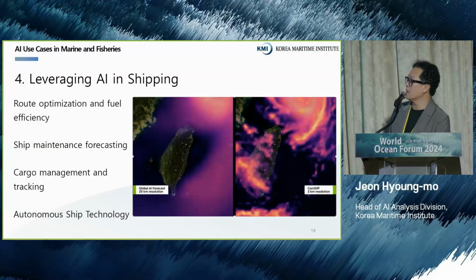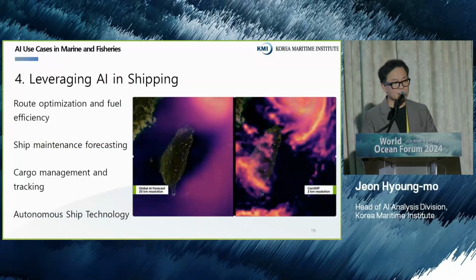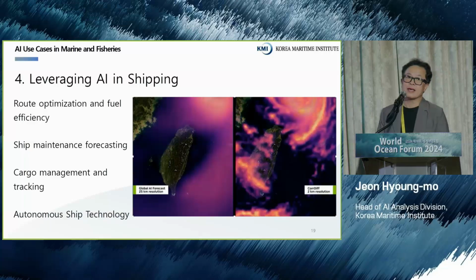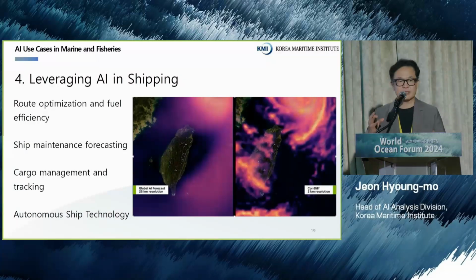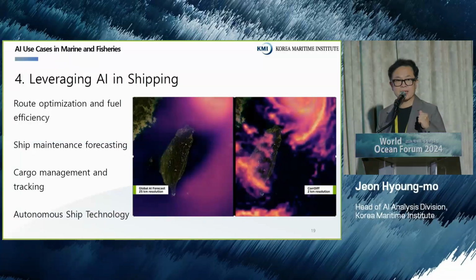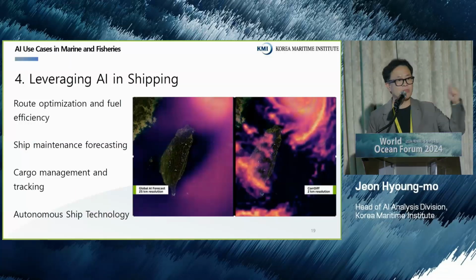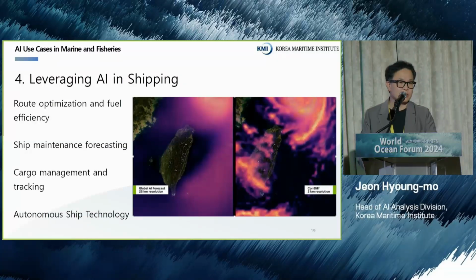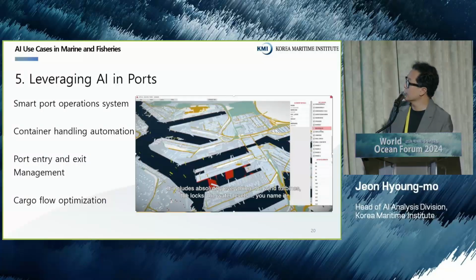Next is the use case from the shipping industry. We can do maintenance and navigational optimization. We can do preemptive maintenance forecasting. This is the case from NVIDIA. Previous to AI, we had low resolution. We had to be far away from the actual weather forecast site, but the resolution has been increased. We can see precisely how the weather on the ocean is changing, and the information to the vessel will be better, improved. And for autonomous ship technology, we incorporated AI into this as well.